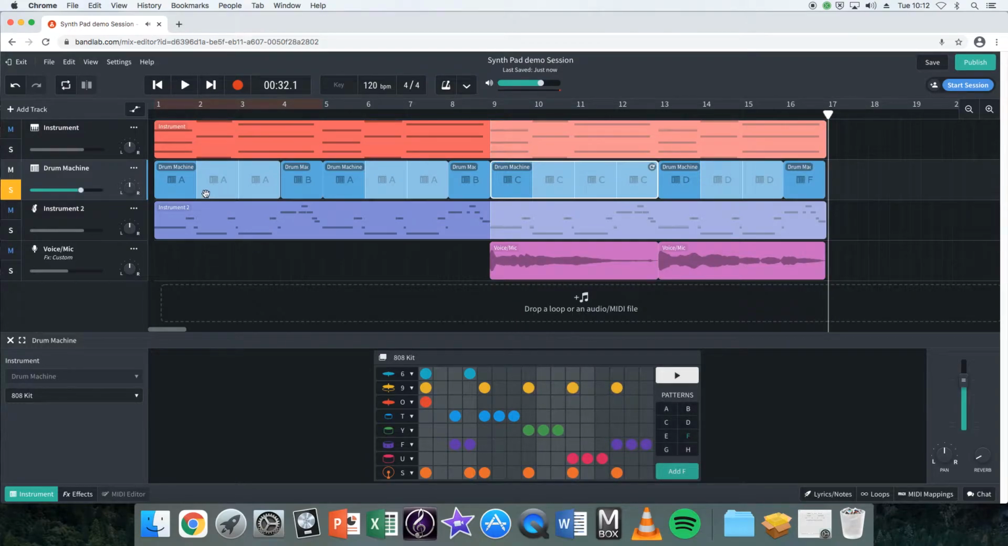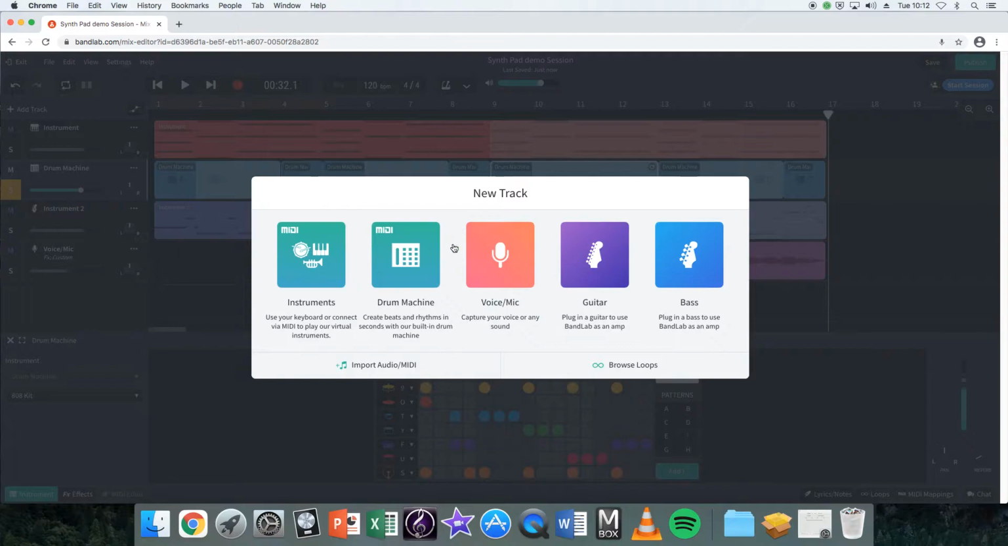So anyway, there we go. That's my drum rhythm. I've then gone on to put some chords in. It's really easy to do this. If you click on Add Track, it'll pop up with this browser box here, which lets you choose whether you want instruments or drum machines, or use a microphone, or you can plug in a guitar or bass amp,